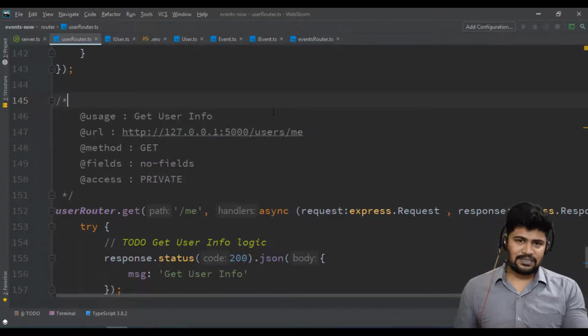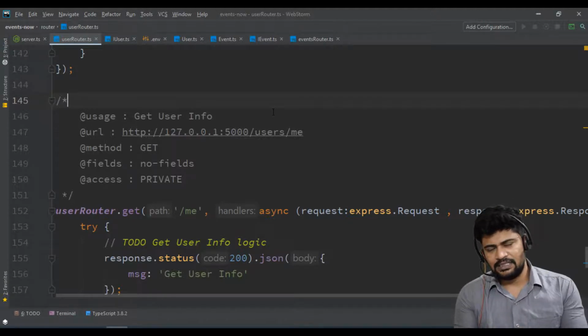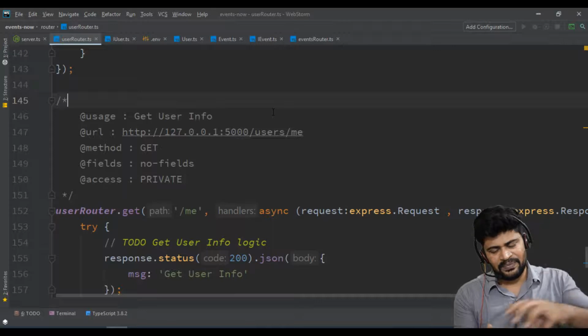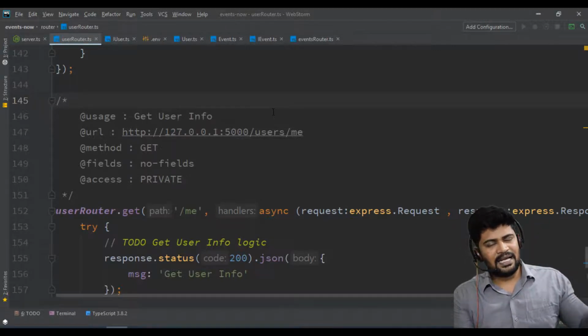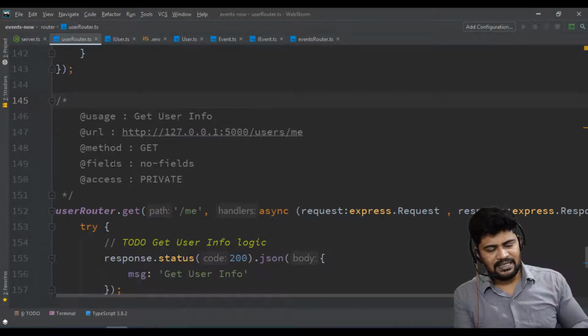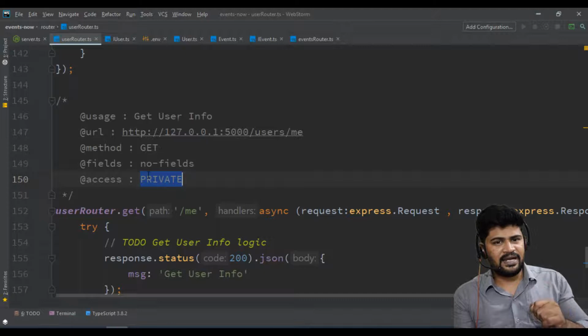So how does the server know that you have logged in? Simple. When you log in, you get the token, and that token is sent to the client. We are focusing only on the server, but internally the client has to take the token and keep it in the client location. Next time, when you send a request to a private URL, you must be verified as a logged in person, and only then will it send the data.